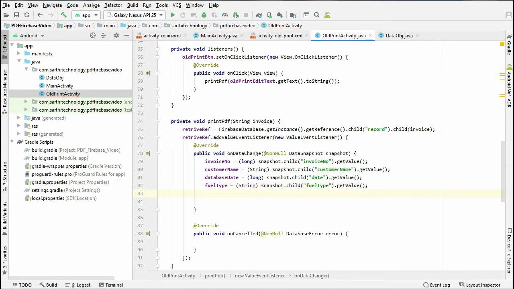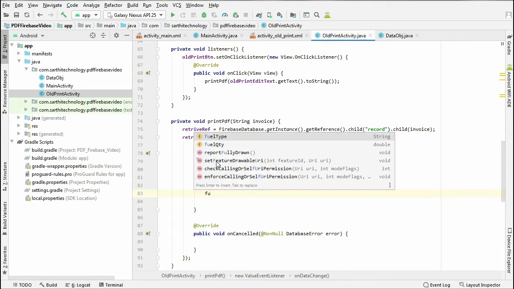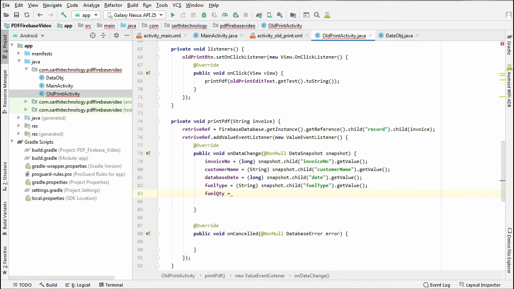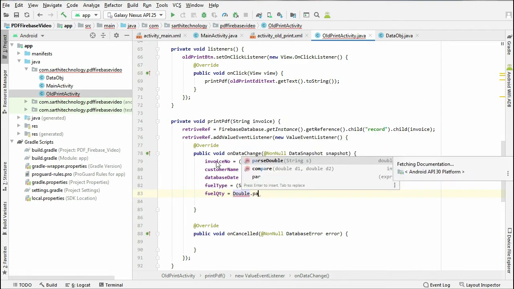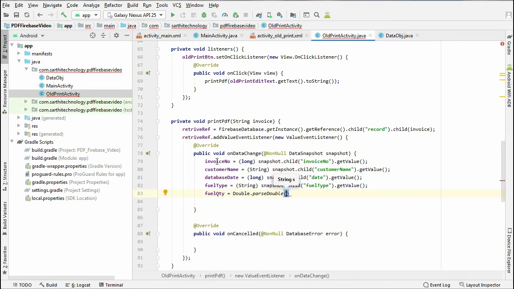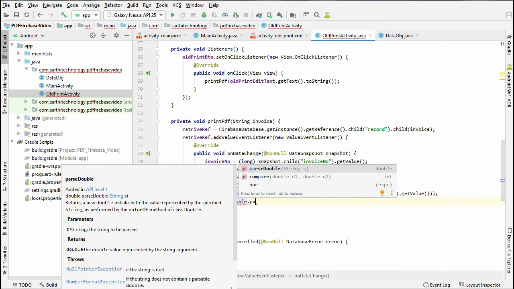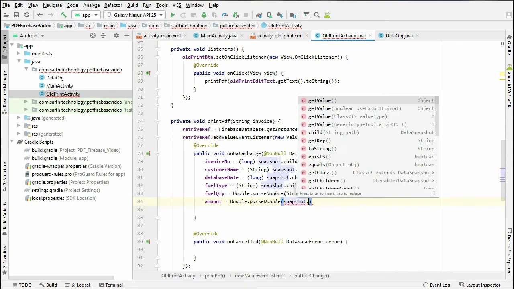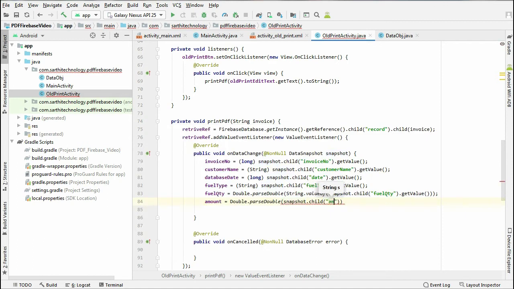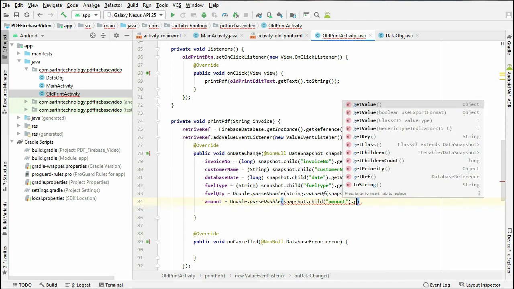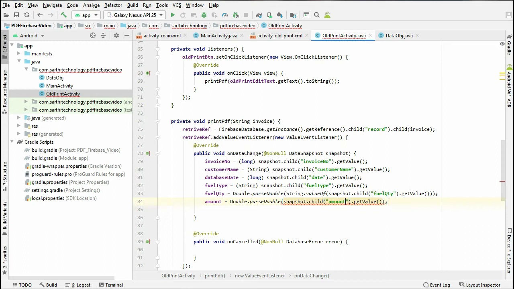Now fuel quantity, we need to parse this into double, so Double.parseDouble, and here press Alt+Enter and wrap using String.valueOf. Amount, Double.parseDouble, again press Alt+Enter.